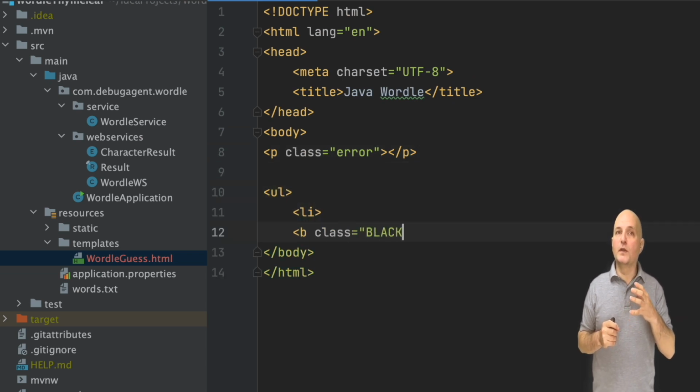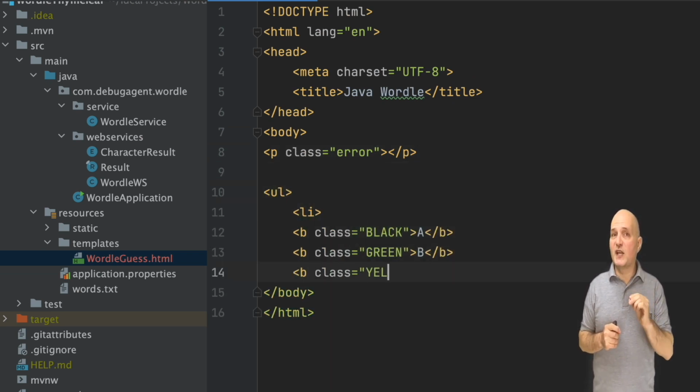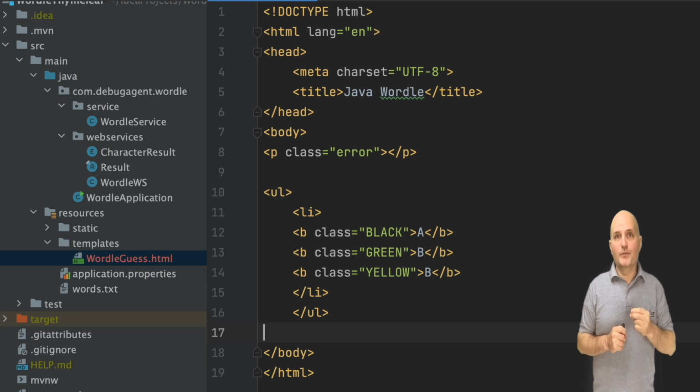Next, we open the UL tag, which stands for unordered list. The default for that is bullets, but this type of list can be displayed in many ways. That's a subject for an in-depth HTML discussion, which we won't have right now.